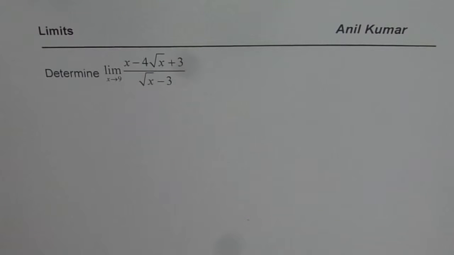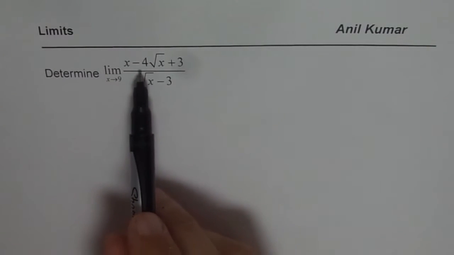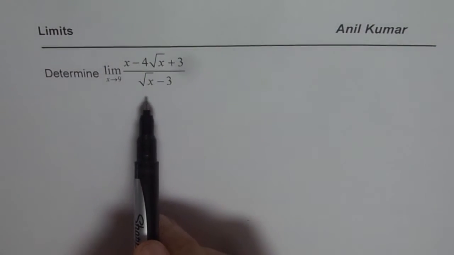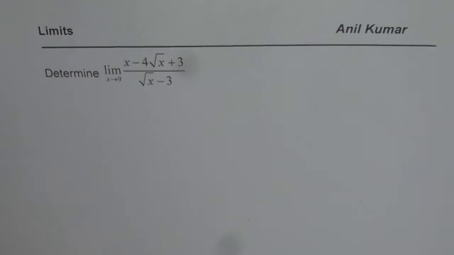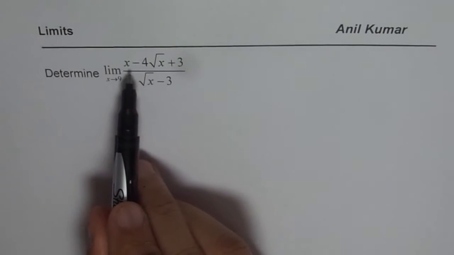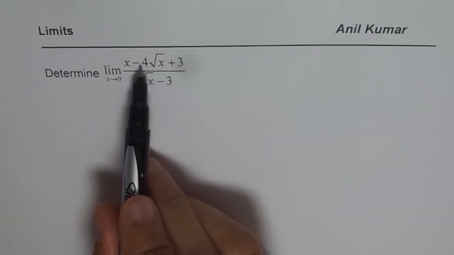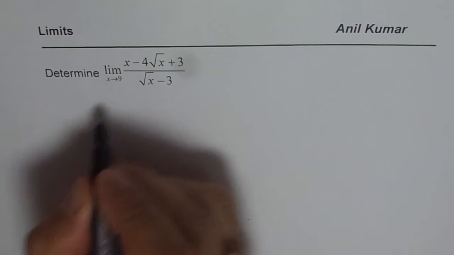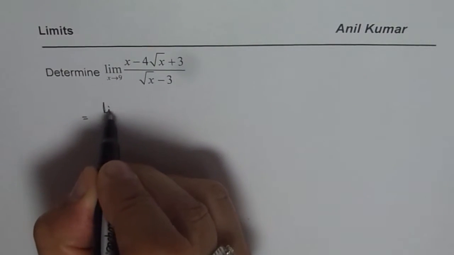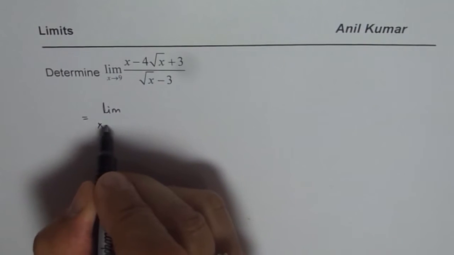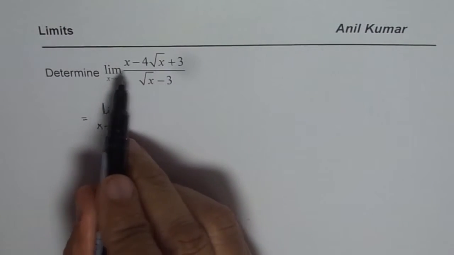The question here is, determine the limit as x approaches 9 of (x minus 4 square root x plus 3) divided by (square root x minus 3). Now this particular function could be treated as a quadratic function in x, and I'll show you how. So let us factor this using the product and sum techniques which we learned to factor a quadratic